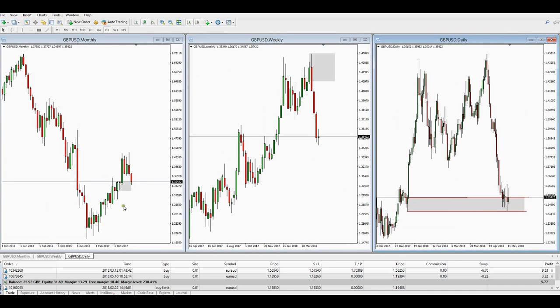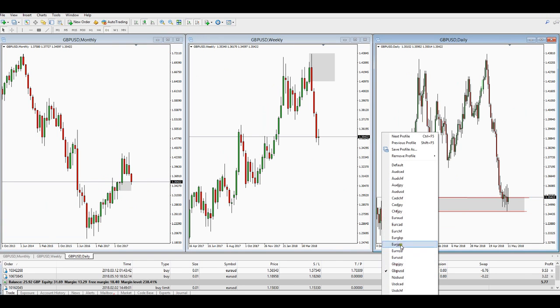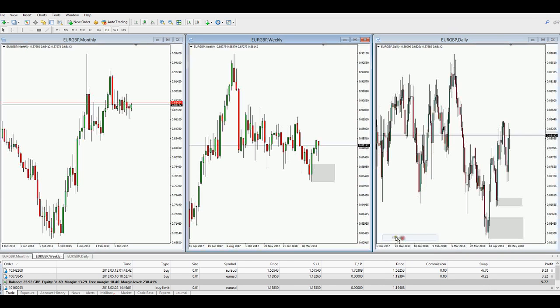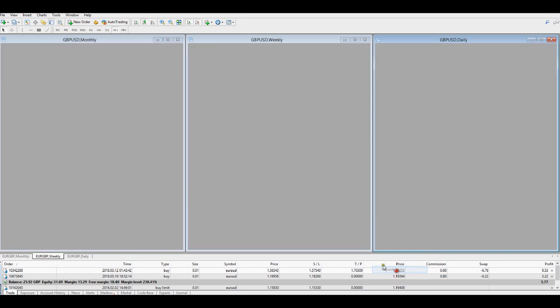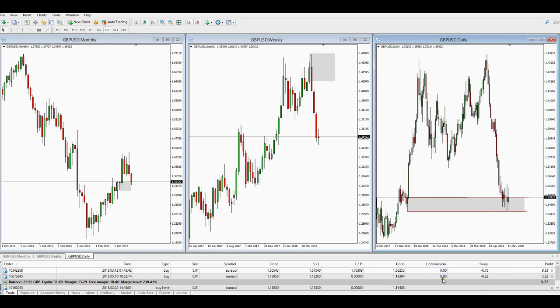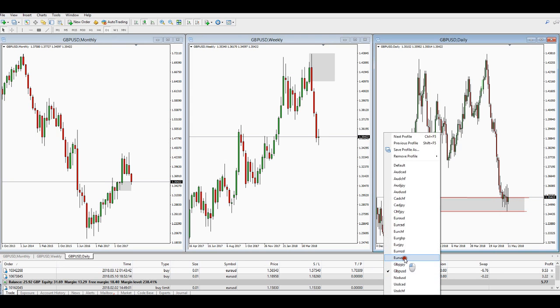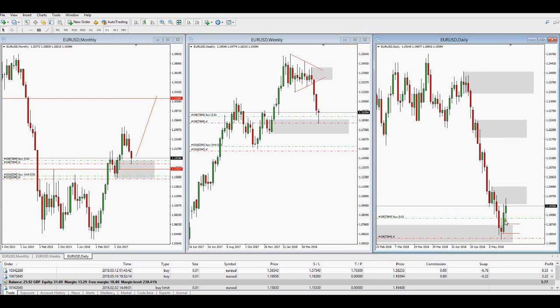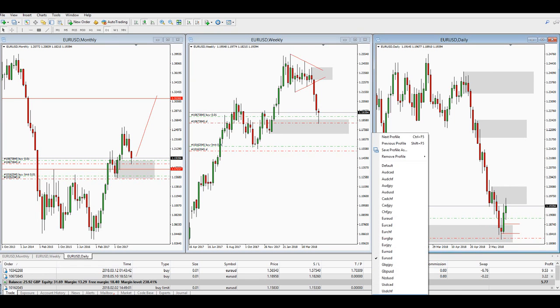What I don't like about it is the fact I was watching the euro pound. I'll come back to that very quickly. The euro pound, because I like the euro a little bit better. The euro looks like it could get a little bit more room based on this to the upside, you know, with the wicks, which means the pound could drop a little bit more, or it's going to stay here a little bit longer before turning. And that is why I took that euro dollar trade, because I'd rather get ahead on the euro and not get stopped out.